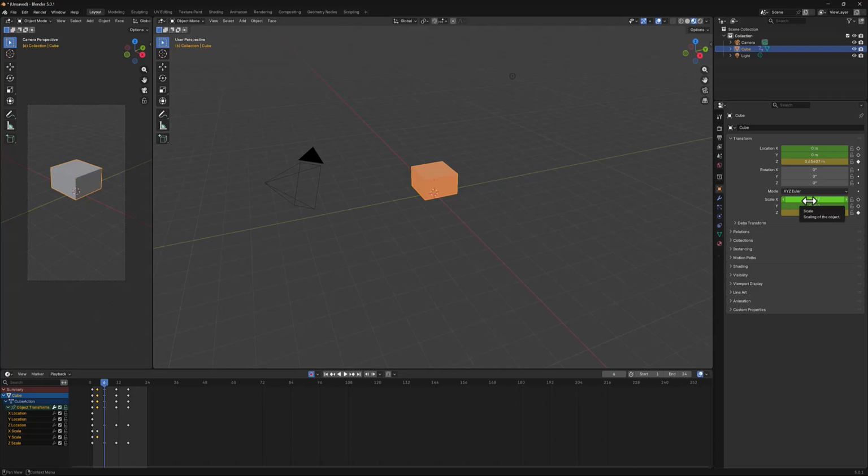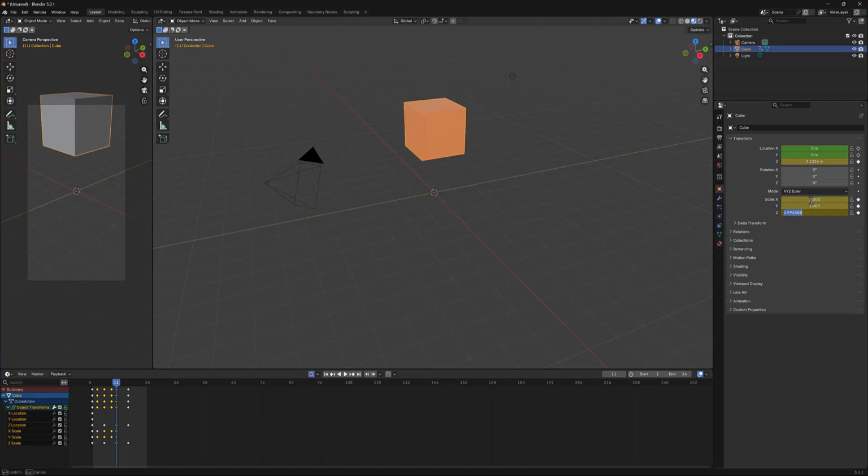So there we're showing our scale. That's good to see. So we're going to want to restore at frame 6 the X and the Y axis back to 1. So there it's fully scaled back out. And then as we're stretching back up, probably right about there, again we're going to want to change the scale. So let's drop that down to maybe 0.8 and 0.8. There we go. And then as we get back up to its full height, we restore it to 1, 1,